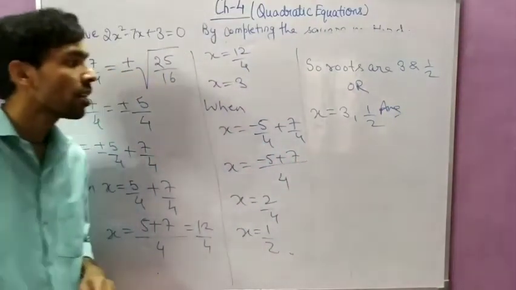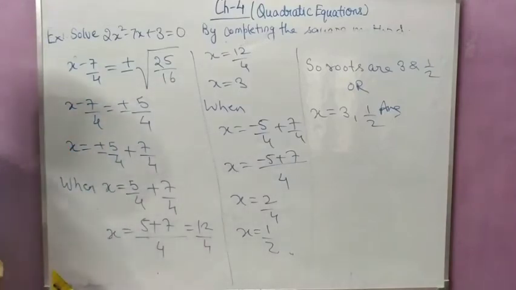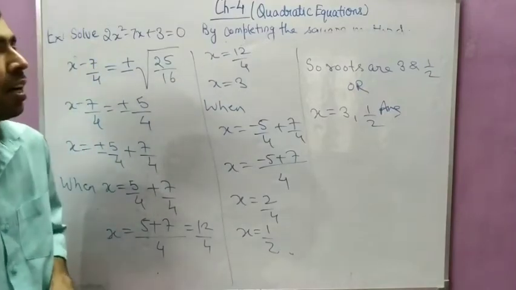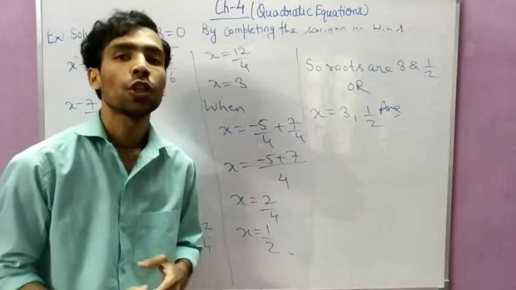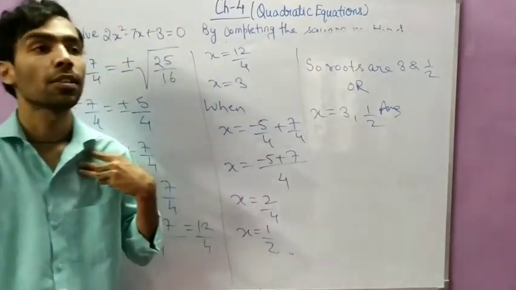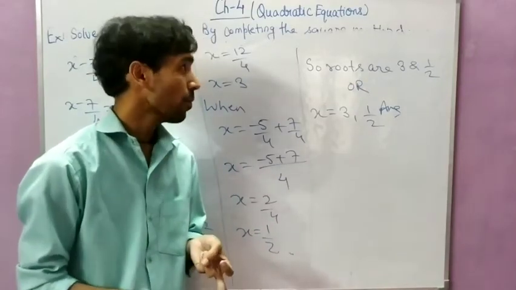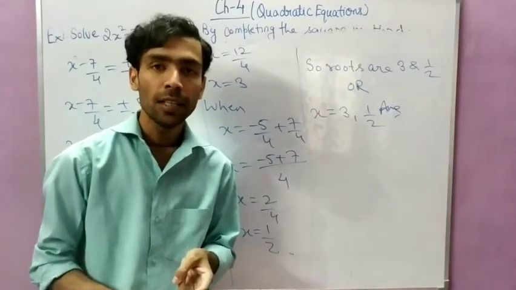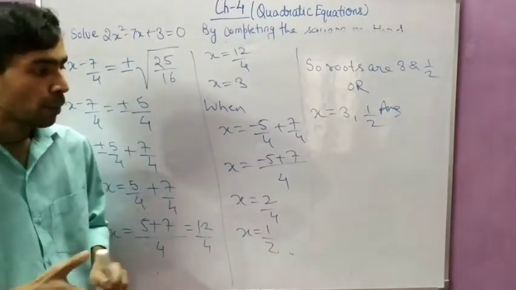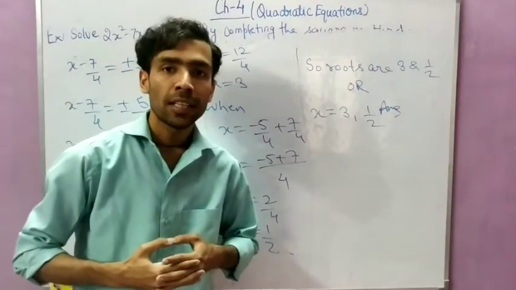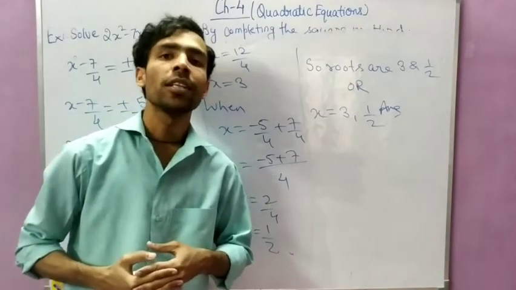So this method is known as the completing the square method. Okay, I hope you have understood. One more thing is left, the quadratic formula, which is also known as Sridharacharya formula, to find the solution of a quadratic equation. There are three methods to find the solution of a quadratic equation. First was factorization, second was completing the square method, and third is the quadratic formula, known as Sridharacharya formula. So up to this part we have covered two methods. One more method is left, which I will tell you in the next class.